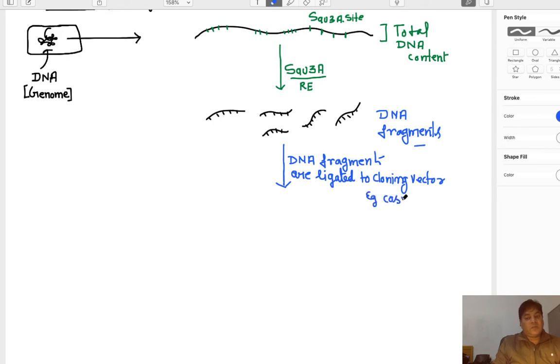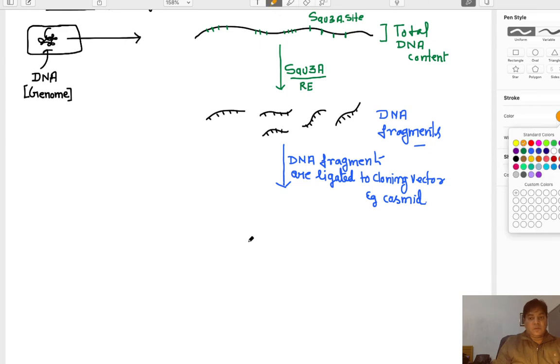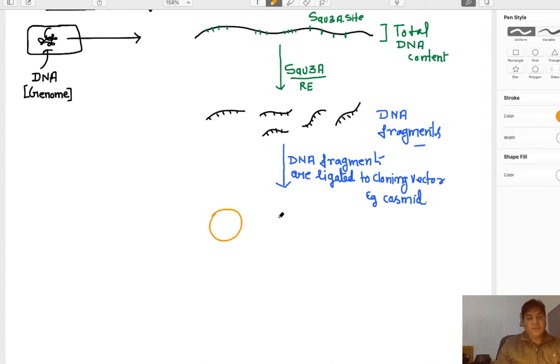Here I am taking cosmid, but it can be YAC, BAC, or any other desirable cloning vector. Suppose these are the cosmids we have taken. For each DNA fragment, we have to take a separate cosmid,